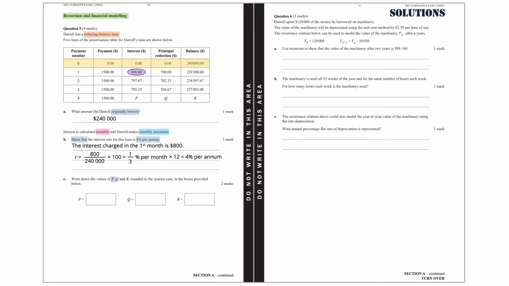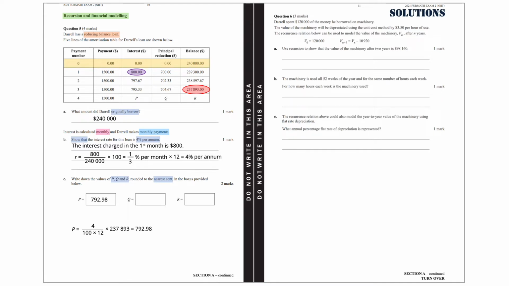Part C. Write down the values of P, Q, and R rounded to the nearest cent in the boxes provided below. P equals the interest rate per annum 4 divided by 12. And then we multiply this by $237,893, which is the balance of the previous month. This equals